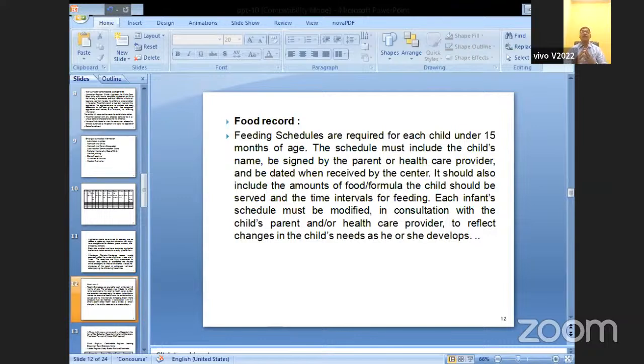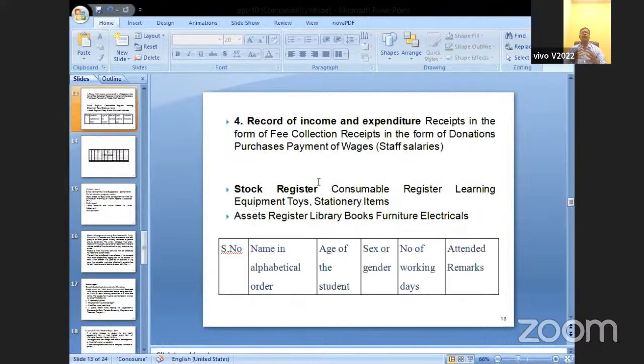Record of income and expenditure. Why? What is the record of income and expenditure? Income and expenditure. Receipts in the form of fee collection,